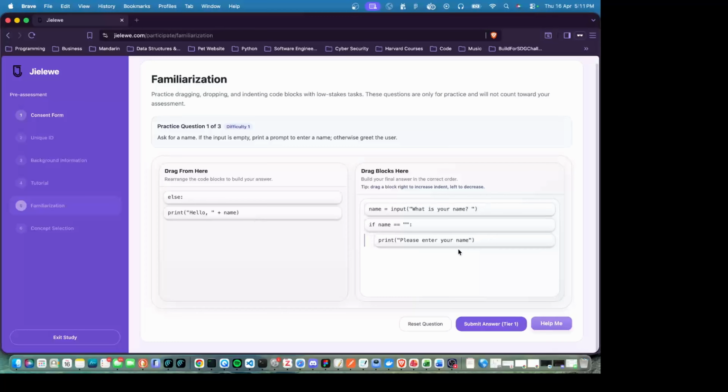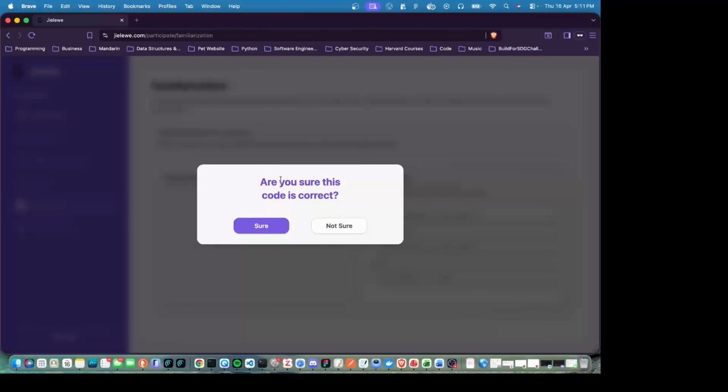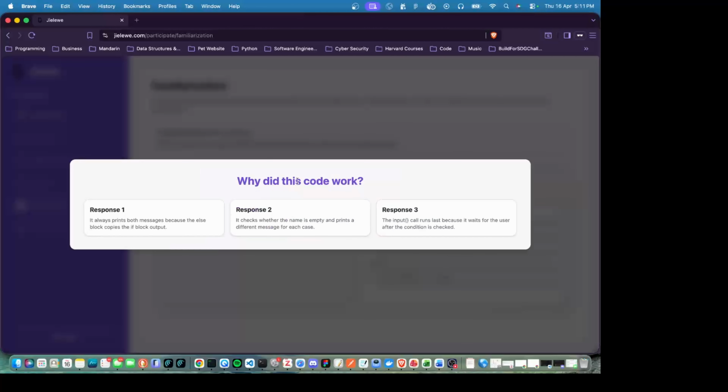This is where you get to feel how you answer questions, how you move the blocks around, the indentations, and how the process works. I'm going to just finish this, and once you're done arranging the blocks, you submit your answer, and then you'll be asked to give your confidence. Then you'll be asked to pick a reasoning, like why did you pick that answer, and where you think your code is working. You'll pick one,